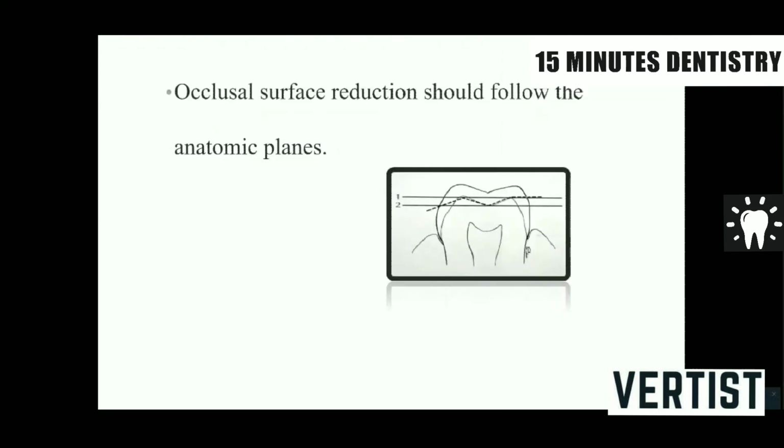Also, the occlusal reduction should follow the normal anatomic contours of the tooth. Because remember, our aim is to create a miniature tooth, but it should look like the tooth which is prepared. So that means we should not just flatten the occlusal surface. The anatomy of the tooth needs to be maintained, because if we do not do so, we may tend to overshorten our preparation. And in doing all this, we are compromising again with the retention and the resistance.